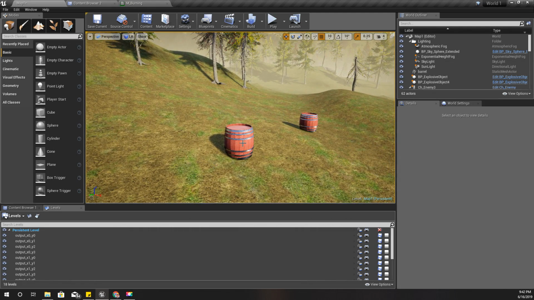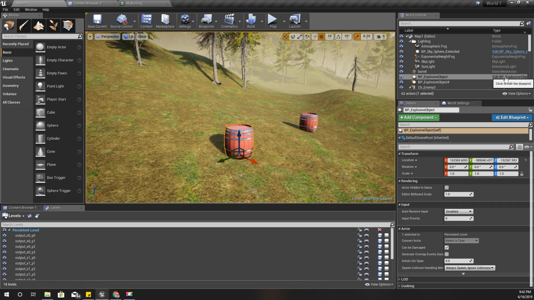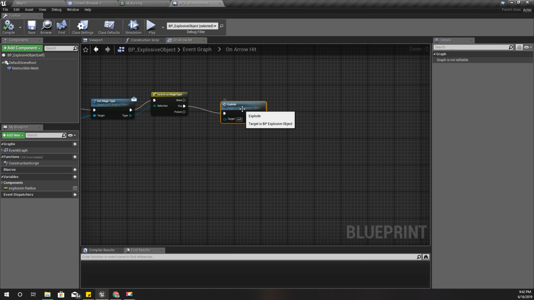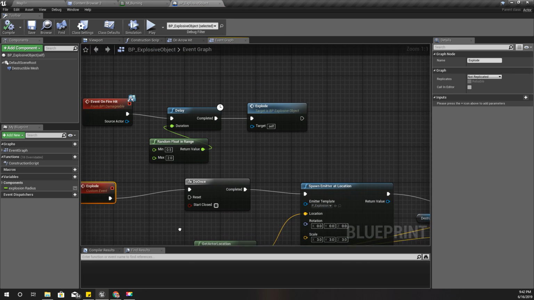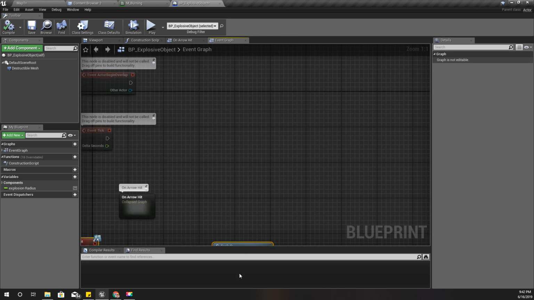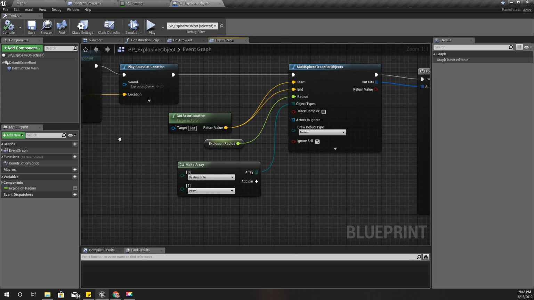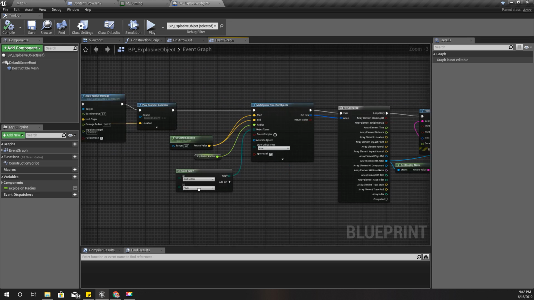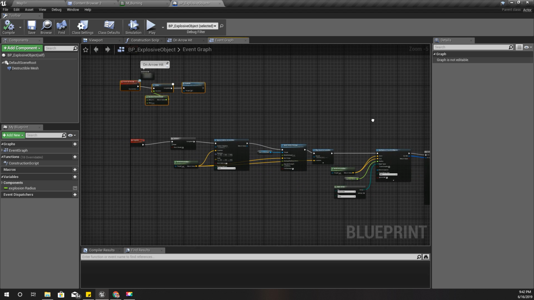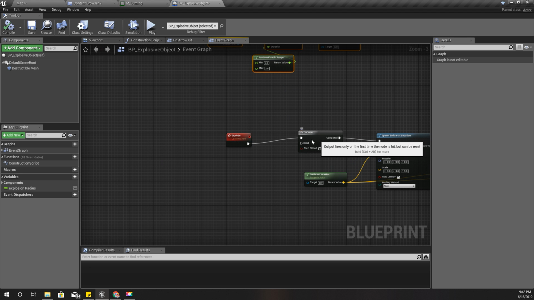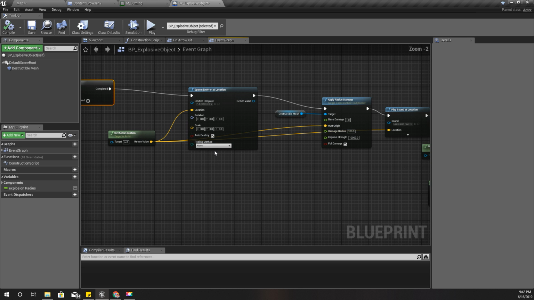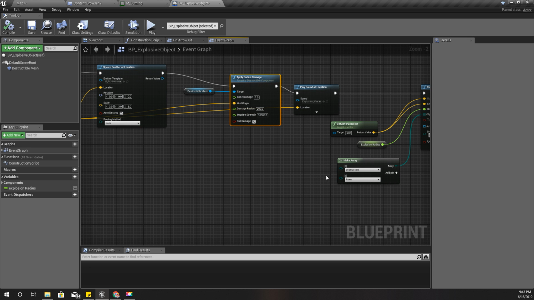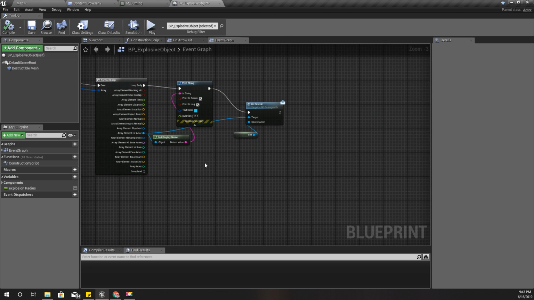Alright, so here's my fire barrel or explosive object. Let's open the blueprint of that, and yeah, this is the explode event. Let's open it. Right, so now here, these things are to detect other objects or other surrounding objects. And here is the particle that shows the explosion and applying the radius damage. Right, so after this one,